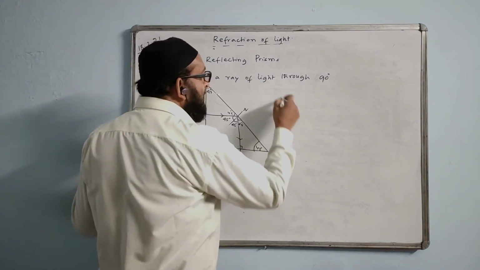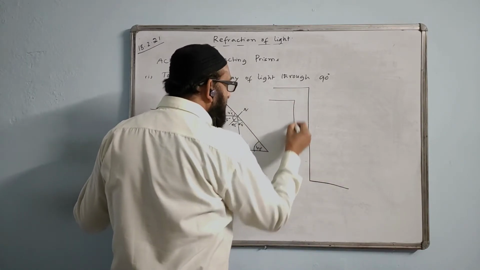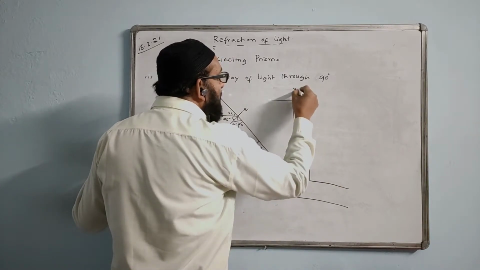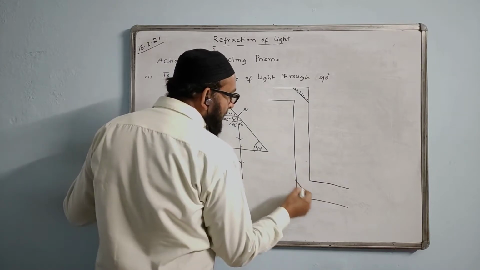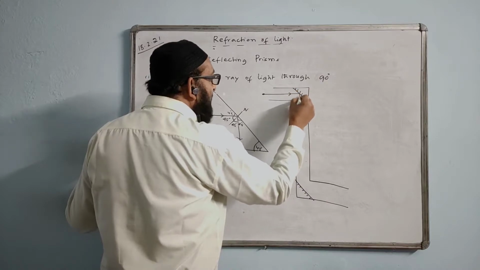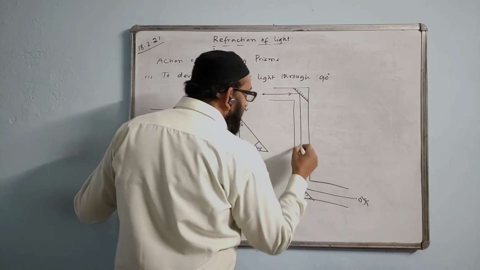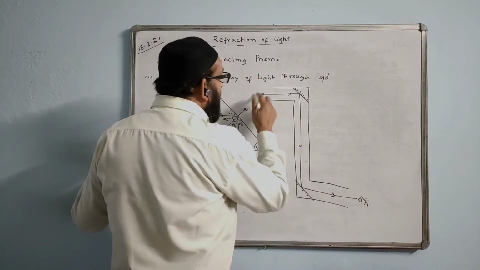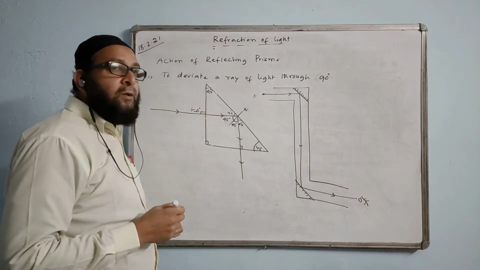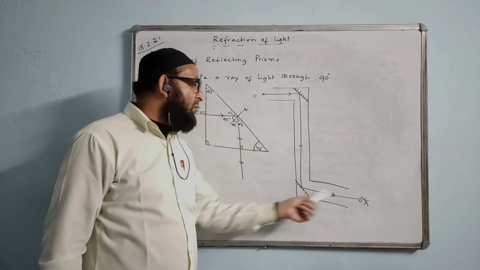Periscope actually, just try to understand. A periscope has a Z-like pipe this way. In class 9 you learned that we use two plane mirrors. One plane mirror we keep here, another plane mirror we keep here. A ray of light will come here. It will deviate through 90 degrees here, and one more deviation of 90 degrees will reach the observer here. This is the object. From the object, the ray reaches the observer this way. So the person who cannot see the overhead object directly will be able to see it with the help of this periscope, this instrument.